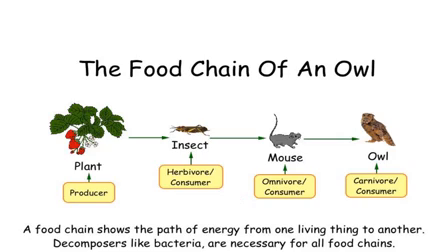Now concluding all this, we discussed the food chain, and in the food chain we divided it into three parts: producer, consumer, and decomposer. Then further we discussed the classification of consumers. We classified the consumers into three parts: the herbivore, carnivore and omnivore. Then we said that herbivores are the ones which eat plants, carnivores are the ones which get their food by eating other animals, and omnivores are the ones which can get their food from both plants and animals. And then we discussed the food chain of an owl. So I hope that